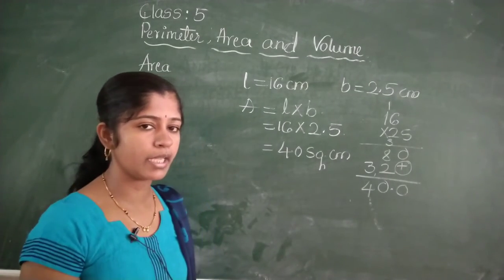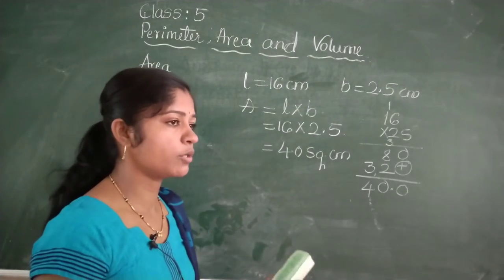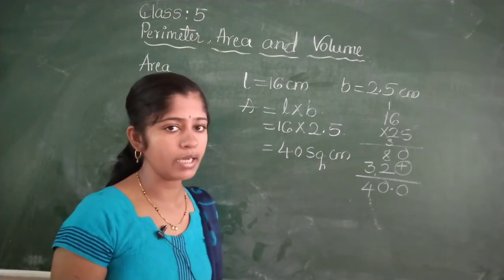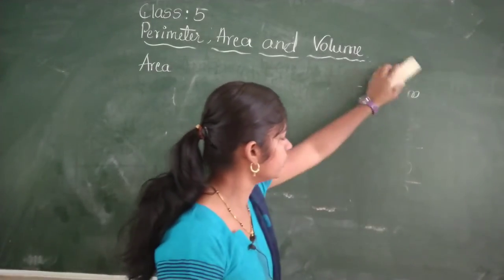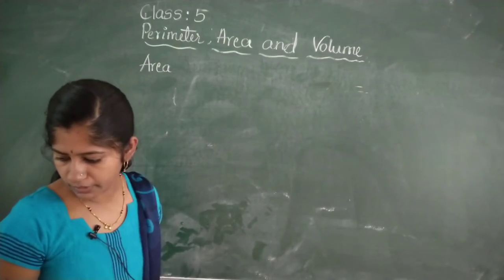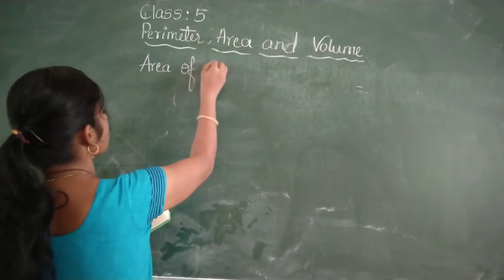Then how to find the area of a square? For that also you have a separate formula. By using that formula you will get the answer. So I will take a few more examples on square. So let us take one example. Side is equal to, so area of square,